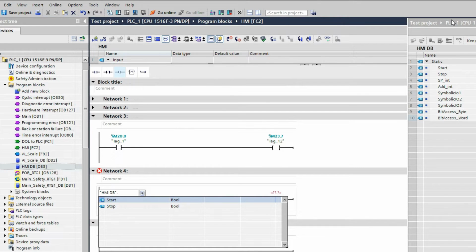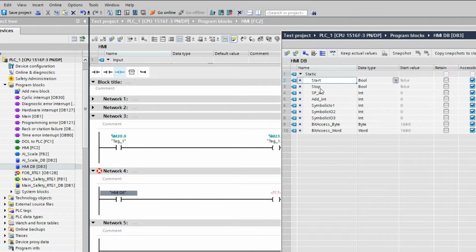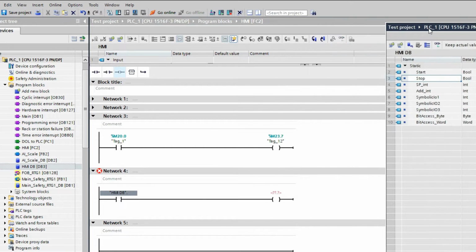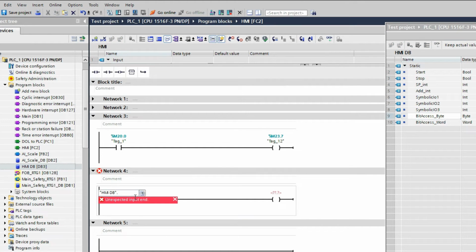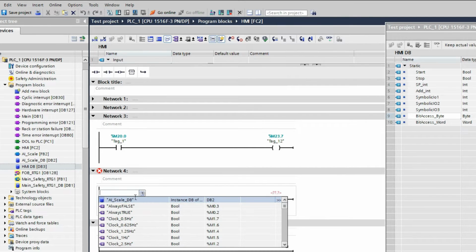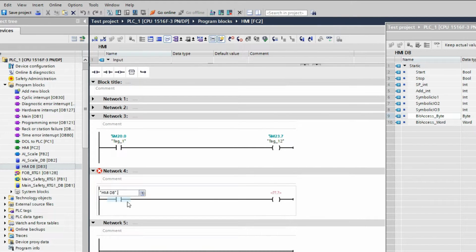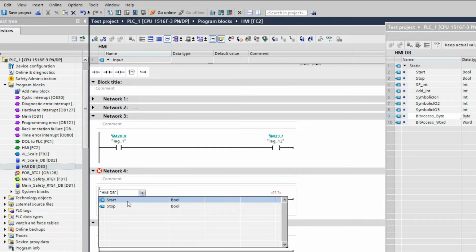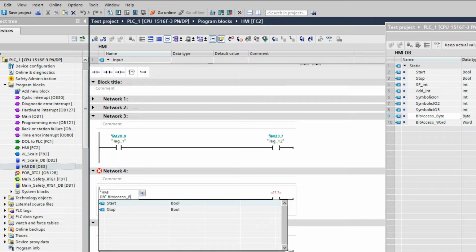So from the bit access byte, I will write the bit by writing HMI DB, then dot, then we have to write the full tag, that means bit_access_byte,